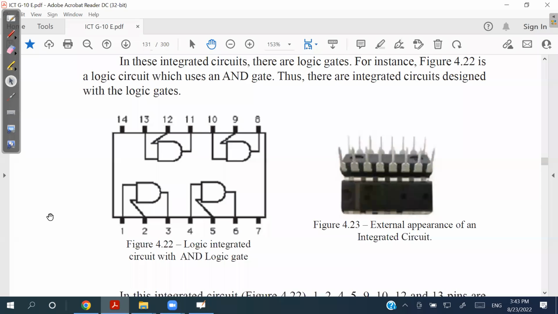So what you can see here is the structure of an IC which consists of 4 AND gates, right? It's easy for us to understand the working of this IC when we know what is inside it. Since these are AND gates, we know if we provide